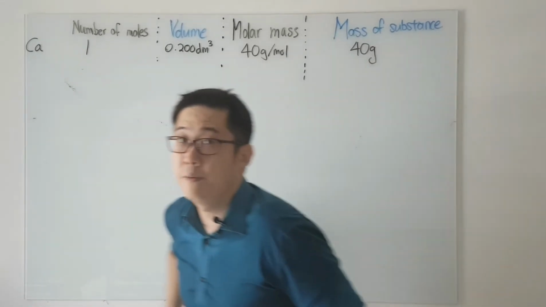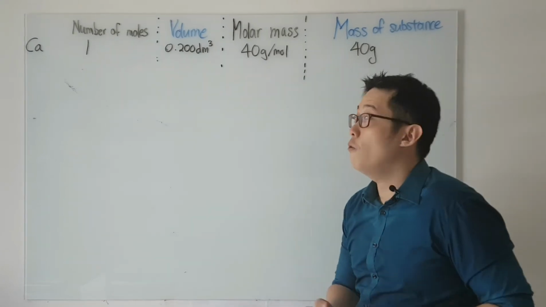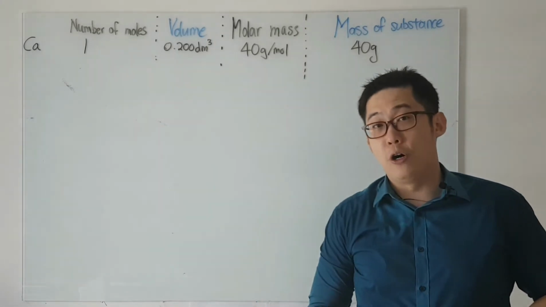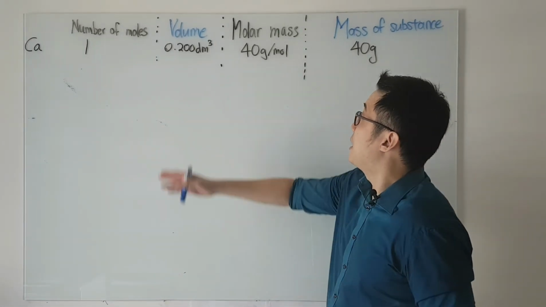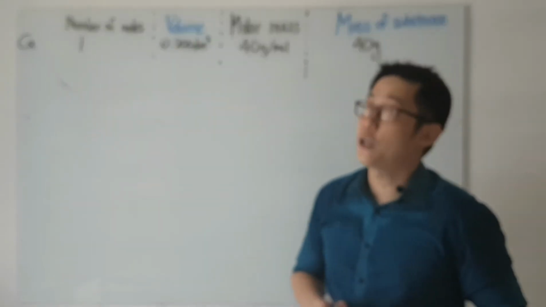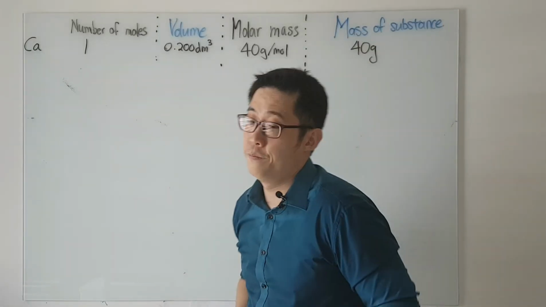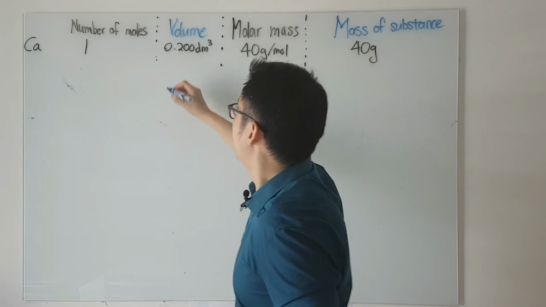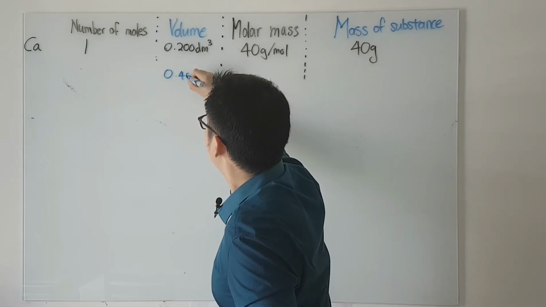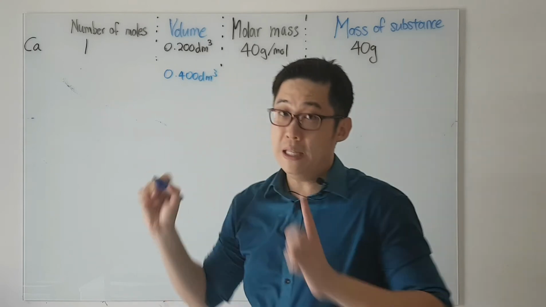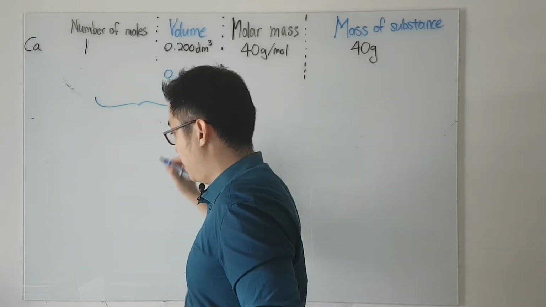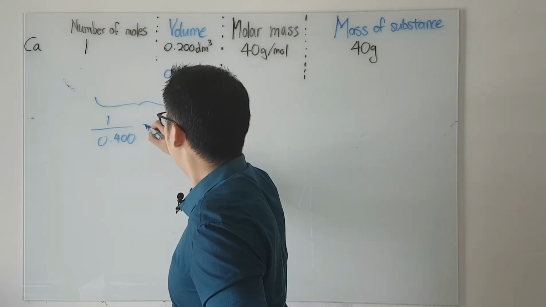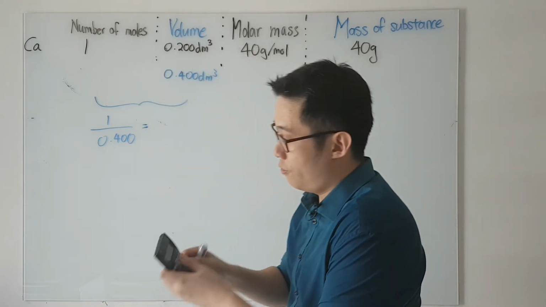How, students, can we change the concentration? There are a number of ways that we can change the concentration. One of the first ways is that we can increase the number of moles, or another way is that we can change the volume. Now, let's consider if I were to add another 0.2 dm cube inside here, this new volume will become 0.400 dm cube, and it should be easy for you to know that all it takes from here is simply 1 divided by 0.400, and you will get 1 divided by 0.4,